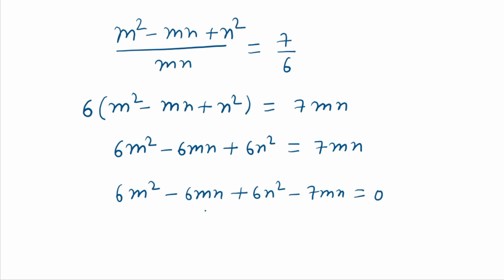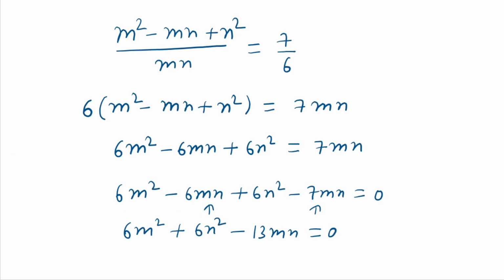Now if we add like terms, we have 6 times m square plus 6 times n square and minus 6 times mn minus 7 times mn is minus 13 times mn, and this is equal to 0. We have 6 times m square plus 6 times n square minus 13 times mn, and this is equal to 0. Now if we divide both sides by n square,